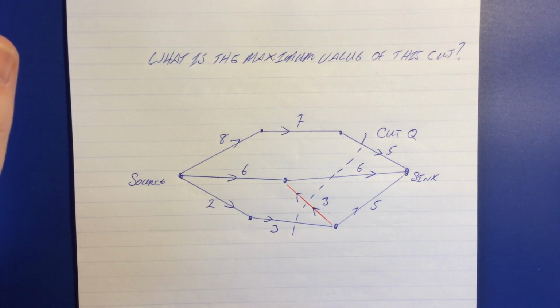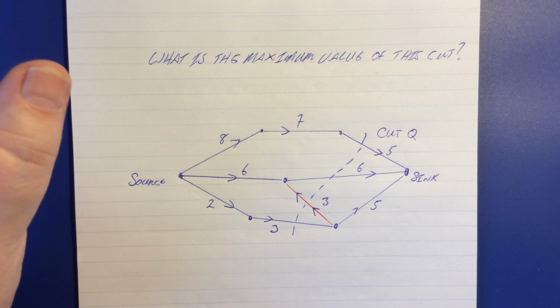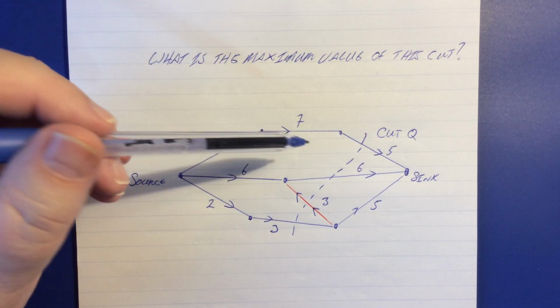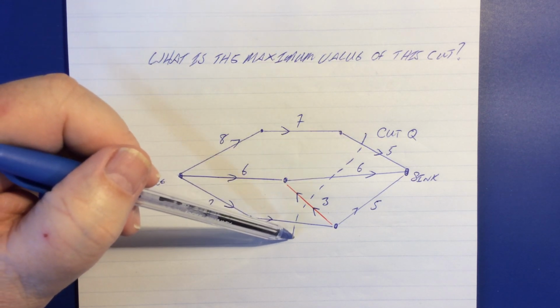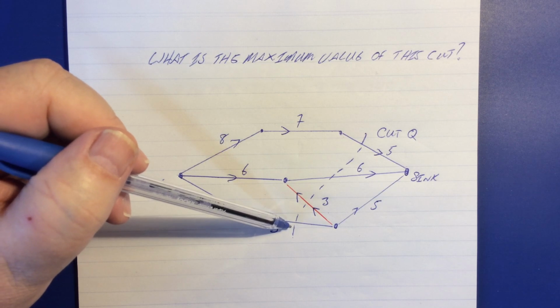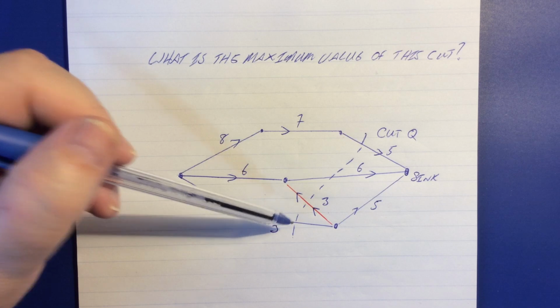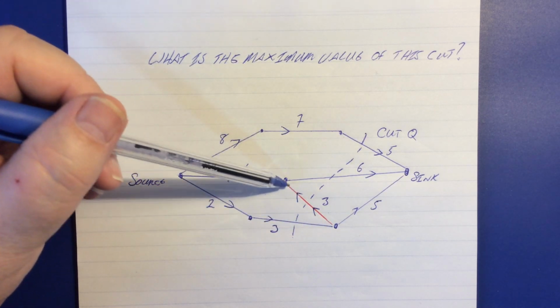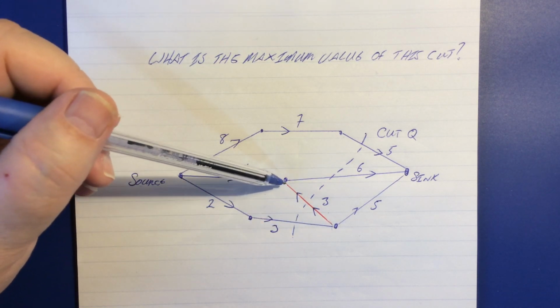Now, I'm not sure that this is the most economical way. It may well be. That wasn't the question. The question was, what is the maximum value of this cut, and why is it what it is? Because a number of my students have asked me about this, and the red coloured edge is the